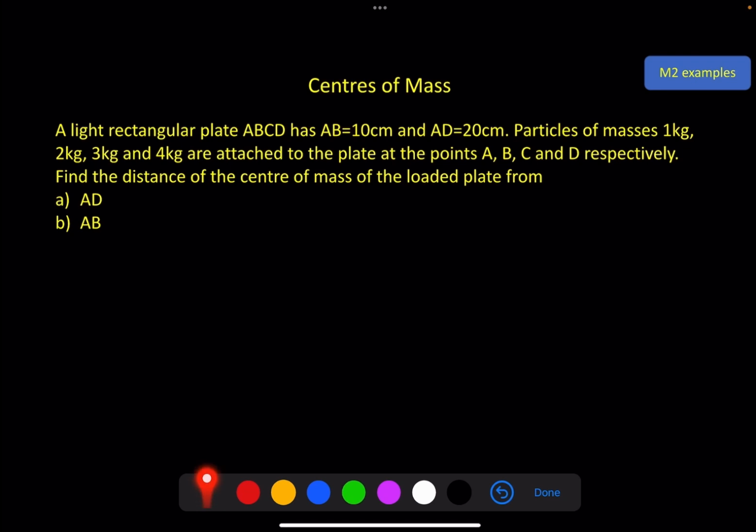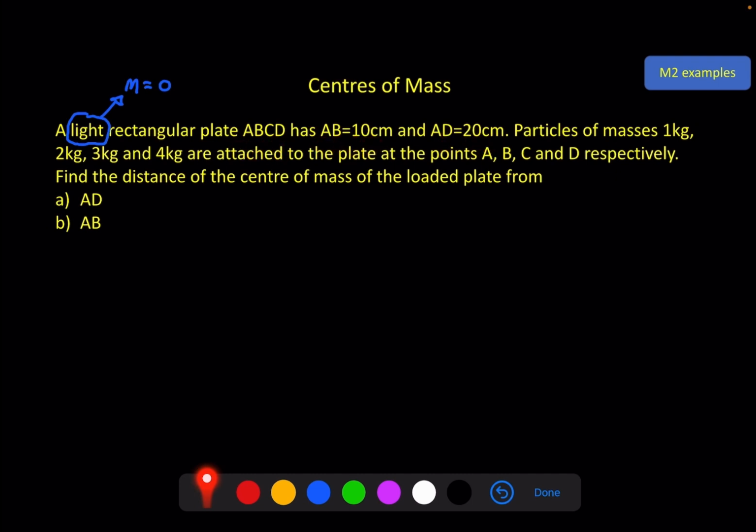So we have a light rectangular plate. Let me highlight this here. This is a key word. You should know this from M1. A quick reminder, light means its mass is 0, which of course is unrealistic in the real world, but we're modeling here. So we have a light rectangular plate, ABCD, and the lengths are AB is 10 centimeters, AD is